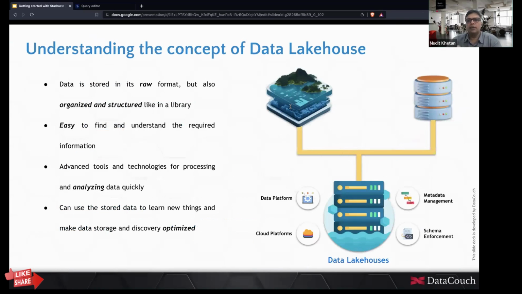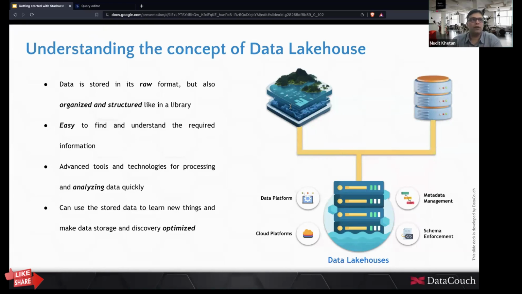Now, let us dive a little more into the concept of the data lakehouse. As you can see in the picture, it is a hybrid of data lakes as well as data warehouses. It is a data platform that allows for metadata management. It is basically on the cloud. It is not on-prem, but that does not mean it cannot accommodate on-prem data systems.